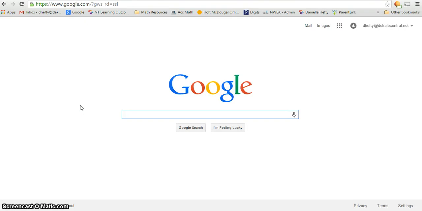Here are the directions for logging into Accelerated Math from home. Note you cannot do a Google search in order to find our site because it is very specific to DeKalb Middle School. So in the browser you should type